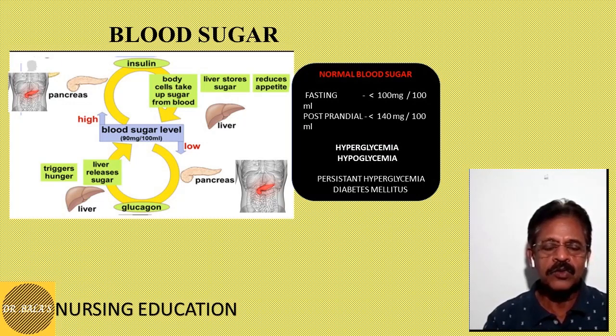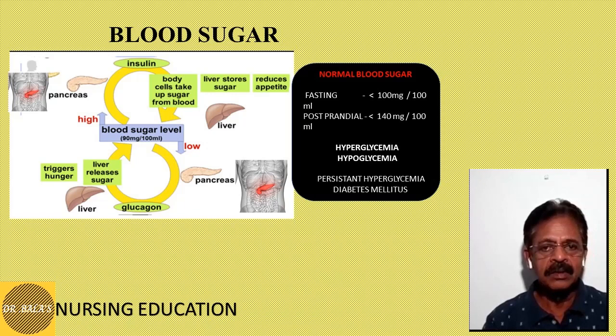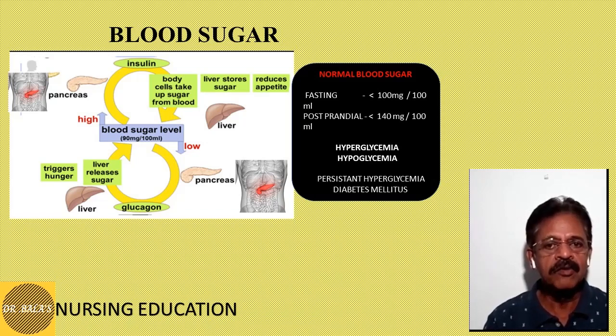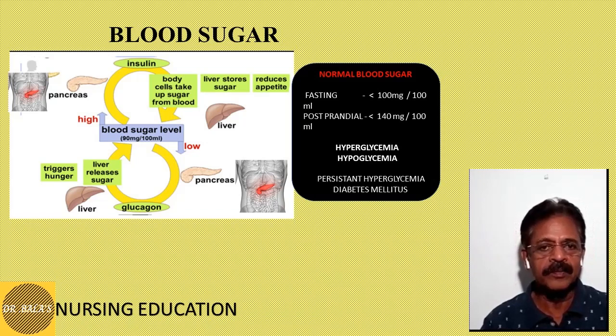The next parameter is blood sugar. I told you blood glucose or blood sugar level should be maintained for the survival of the organs, tissues and cells. All these organs, tissues and cells need glucose for their survival. They need energy because they are working. For that, they need glucose. If the glucose level goes down in the blood, you call it hypoglycemia. If the glucose level goes up, it is called hyperglycemia. We will talk in detail when we talk about the examples for these factors.